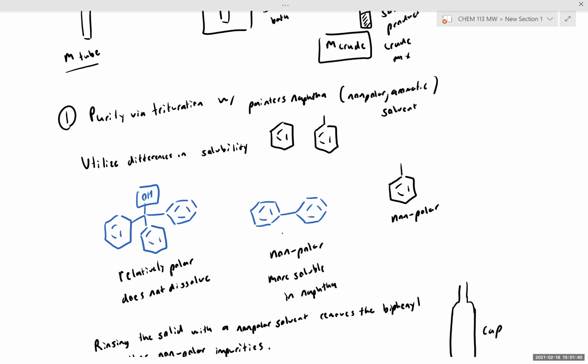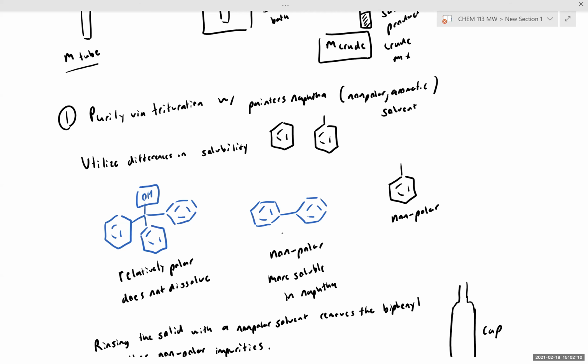Which of these two compounds is most similar to painter's naphtha? Which of these two compounds would be more soluble in a very non-polar solvent? And I see in the chat a lot of students are mentioning biphenyl. That's exactly correct. So this nonpolar solvent will selectively dissolve your biphenyl during trituration, and that in turn would allow